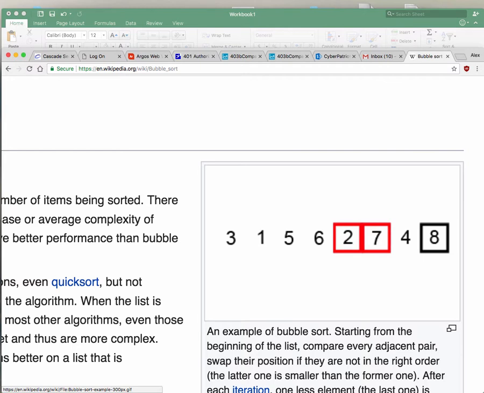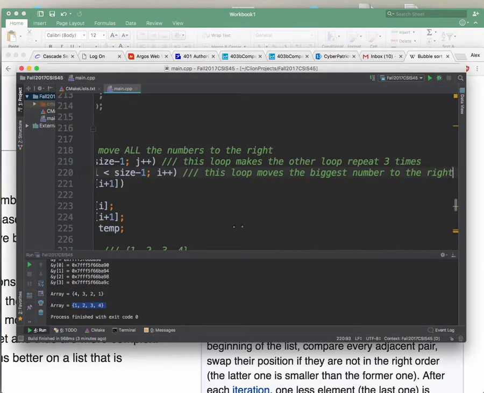Okay, but one thing that I can improve here a little bit is actually the inner loop, which is the one that moves the biggest number to the right, only has to go all the way to the right the first time. Right? Once I have the 8 all the way to the end, I don't need to compare 7 to 8 because I know that nothing's going to get moved. So what that means is that the inner loop has to happen one time less every time I do this. Okay, so I could improve the efficiency of my bubble sort